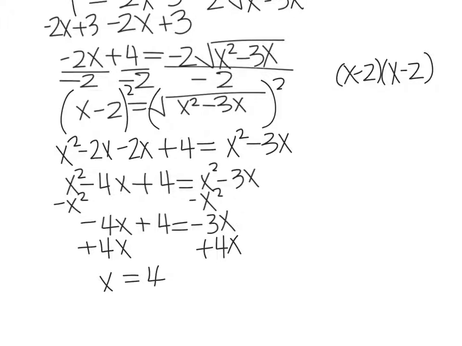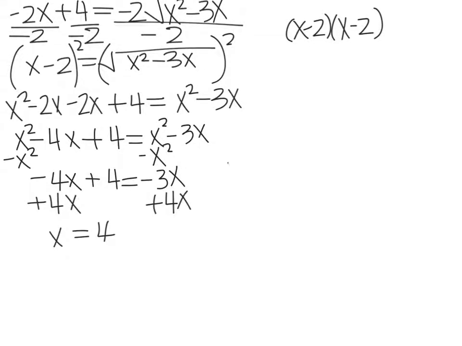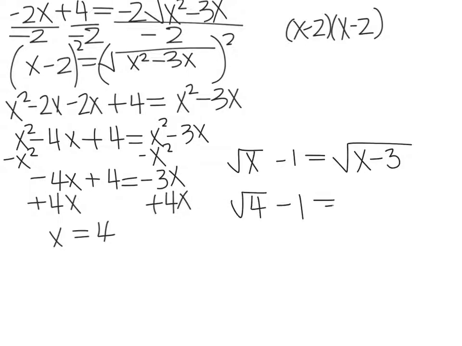We do need to check our solution with our original radical equation, which was the square root of x minus 1 equals the square root of x minus 3. So plugging in 4, we get the square root of 4 minus 1 equals the square root of 4 minus 3. Square root of 4 is 2, so you end up with 2 minus 1 equals the square root, and